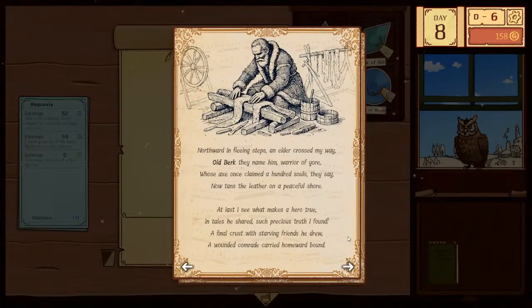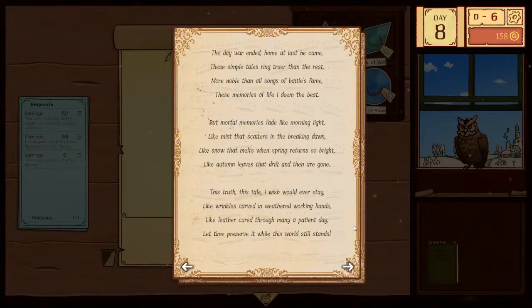A final cross with starving fields he drew, a wounded comrade carried homeward bound. The day war ended, home at last he came. His simple tales ring truer than the rest, more noble than old songs of battle's fame. His memories of life I deem the best. But moral memories fade like morning light, like mist that scatters in the breaking dawn, like snow that melts when spring returns so bright, like autumn leaves that drift when they are gone. This truth, this tale, I wish would ever stay, like wrinkles carved in weathered working hands,